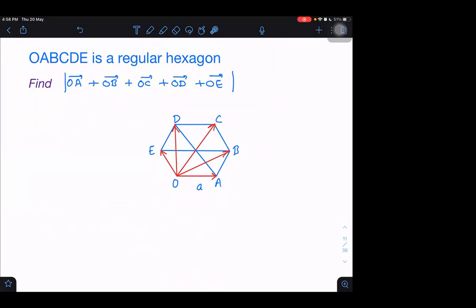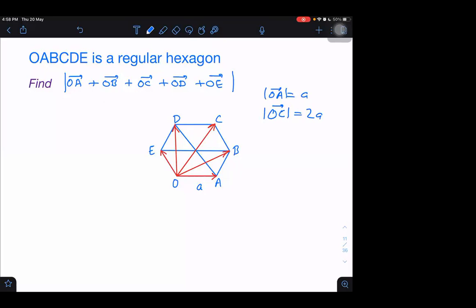Will it be right? No, first of all, it is not A. One is A. What is the other? OB we have to calculate. OC is, I think, 2A. Can you say OC is 2A or not? This is A, this and this. I should be careful here. OC magnitude is equal to 2A and OA magnitude is equal to A.